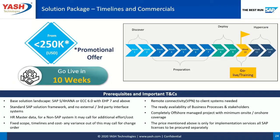Yes, some of the facts and figures probably make a clear differentiator here. This entire package can be implemented within a 10-week time frame. We have packaged it into such a tight framework that it's more about plug and play. We just need certain data interfaces, certain elements and master data from you, and then most of the business processes remain common from company A to company B, industry X to industry Y to industry Z, because everybody wants to focus on getting people back to work, doing timely periodic inspections,